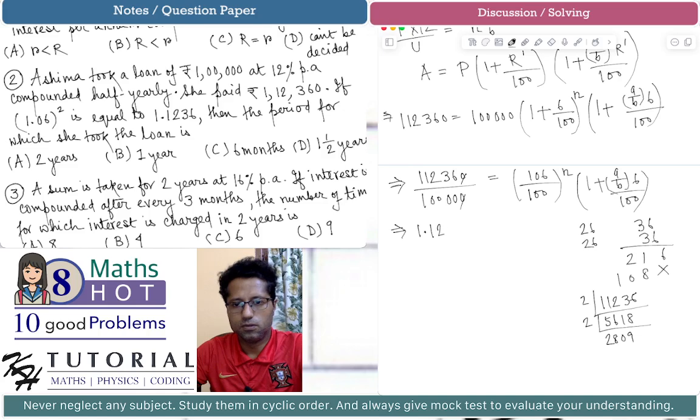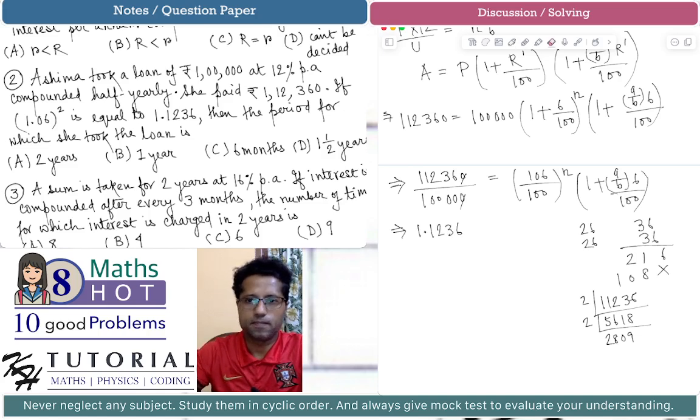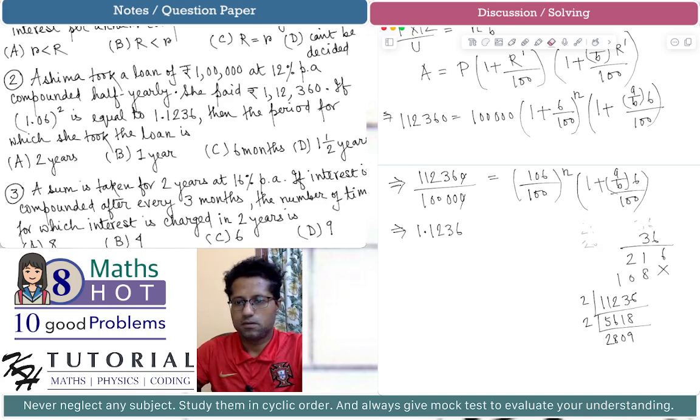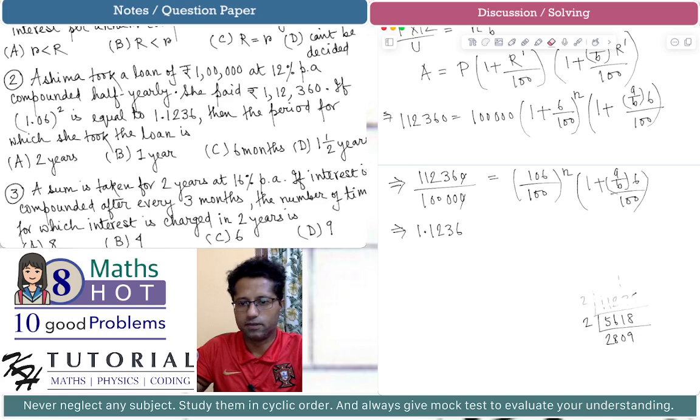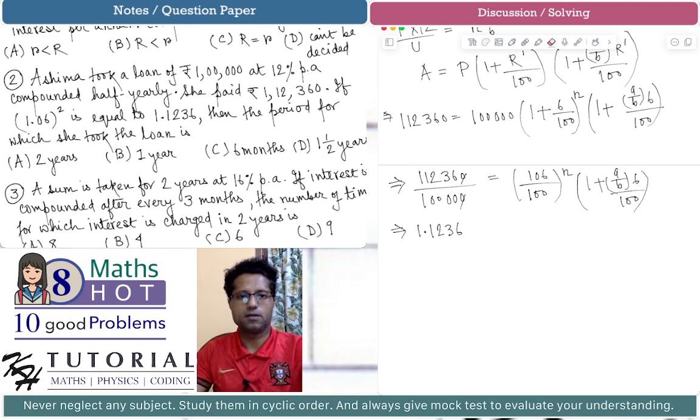1.1236 = 1 plus 6 by 100 whole to the power small n, and we have 1 plus a by b, 6 by 100. Now that is a very important crucial information given that 1.06 square is equal to 1.1236. So we have this,